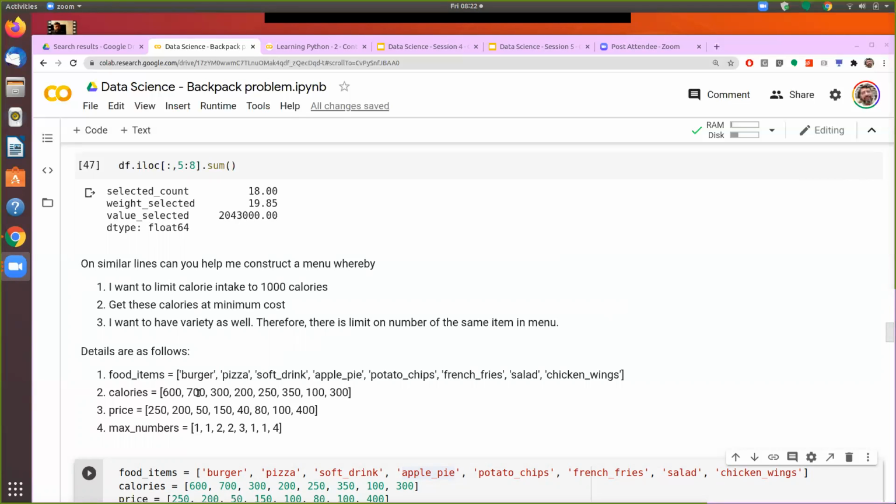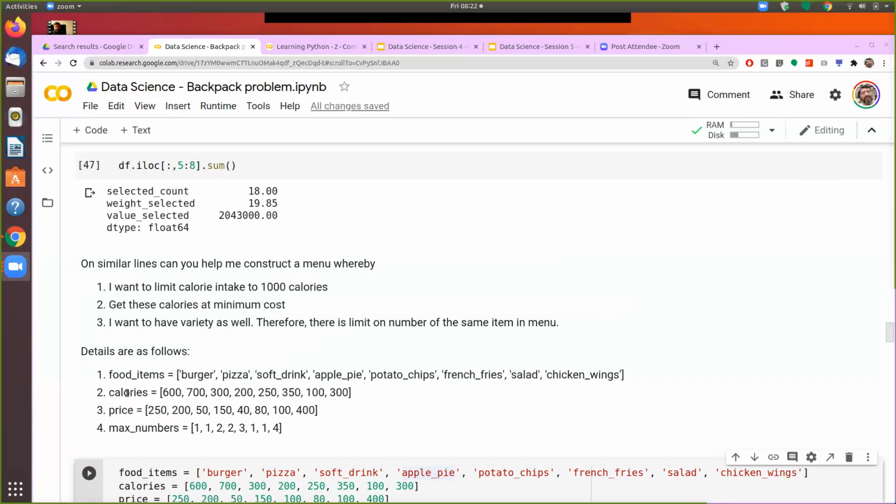Then we had the weight of the problem, and here weight of each item. Here I have the calorie of each item. So even though these are two different things altogether, in the house we had discussed that there was some gold and some silver and some bronze statue and things like that.